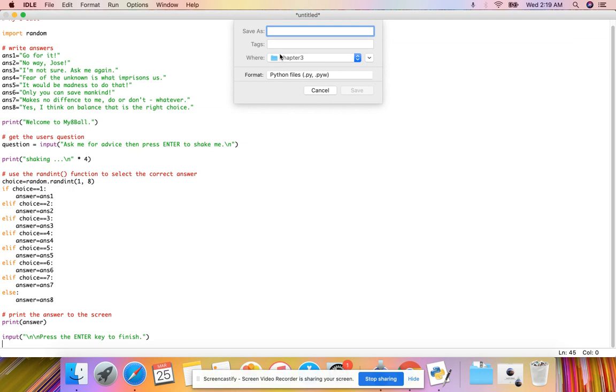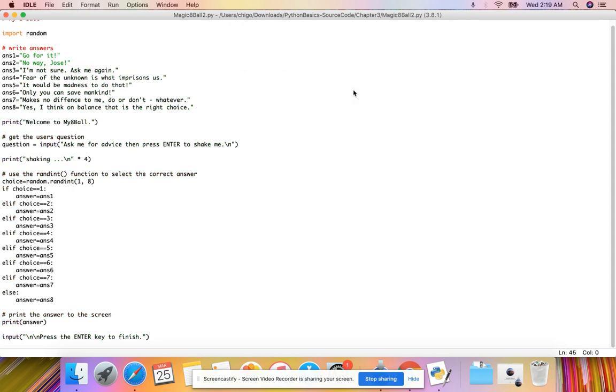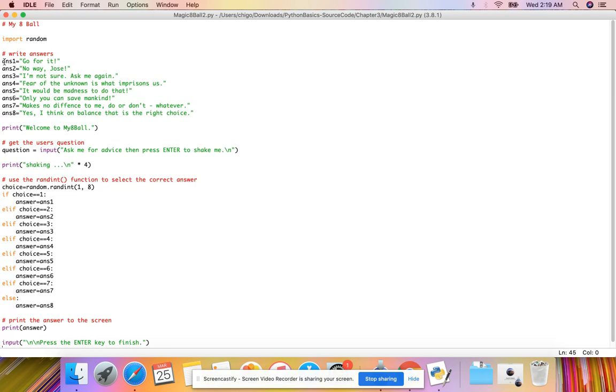And I'll call this Magic 8-ball 2. I'll save. Alright, so now if you come here, instead of doing this where we have 8 different strings, I can use one tuple to call this. I'll call my tuple answers and say,